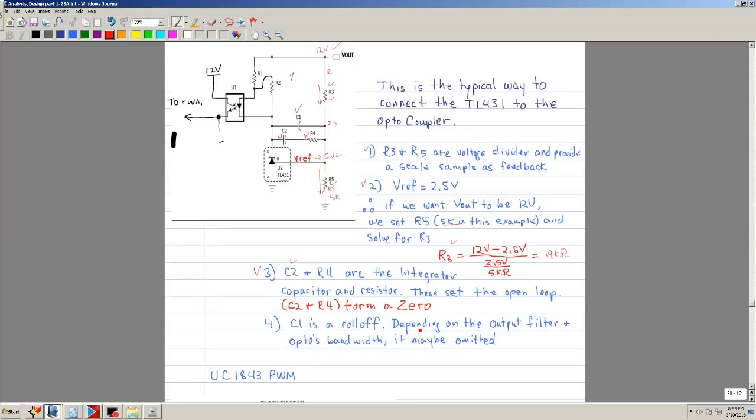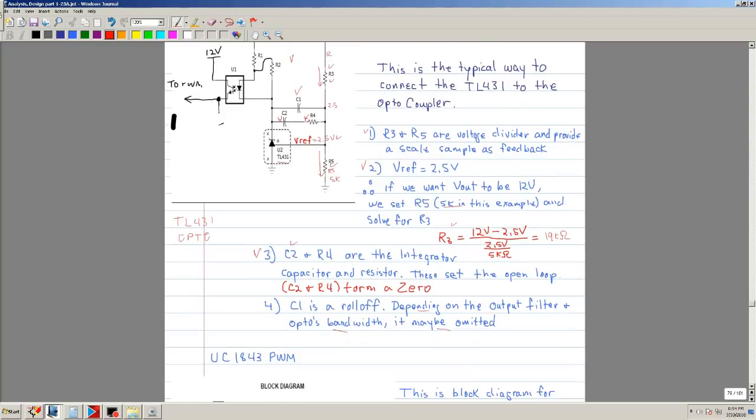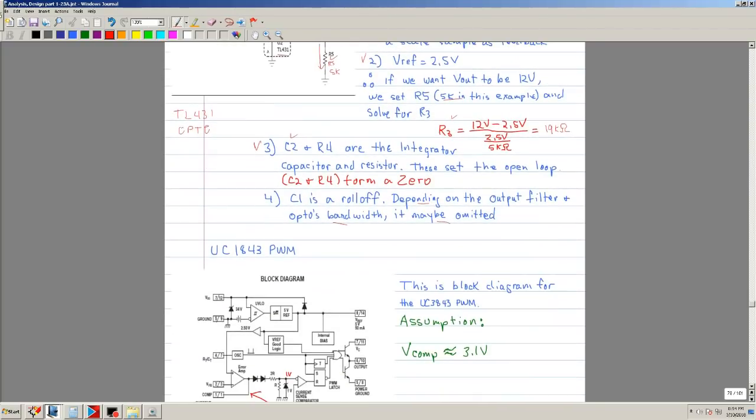However, depending on the output filter and the bandwidth, it may be omitted. Okay, we'll explore that. So we've covered the TL431, and now we talked a little bit about the opto. So now we're going to talk about the PWM,